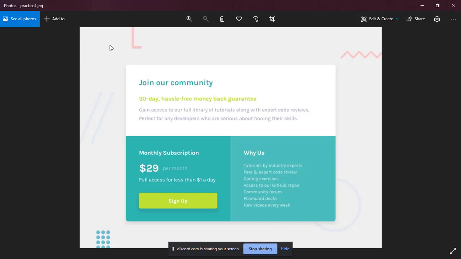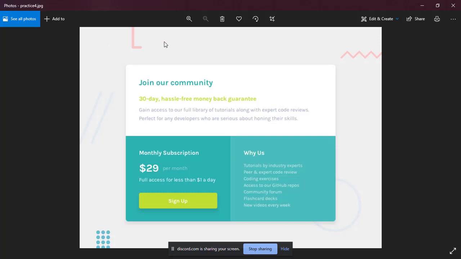We are going to be building this with pure HTML and CSS, nothing else, and it might not exactly look like this, but I'm going to try to make it look as close as possible, because I don't know the exact font, font family and color combination that was used, but we'll try as much as possible to make it look like this. So moving on,